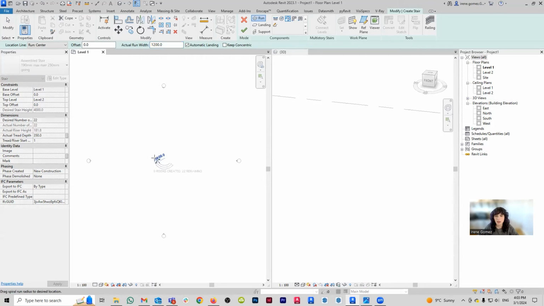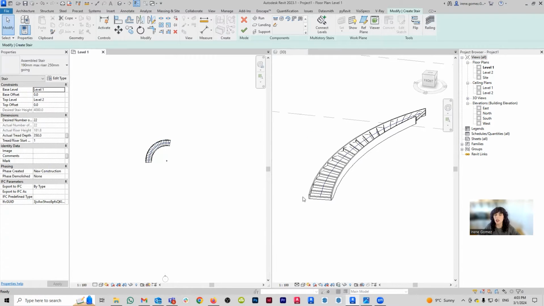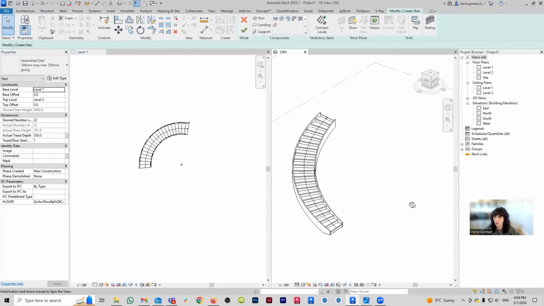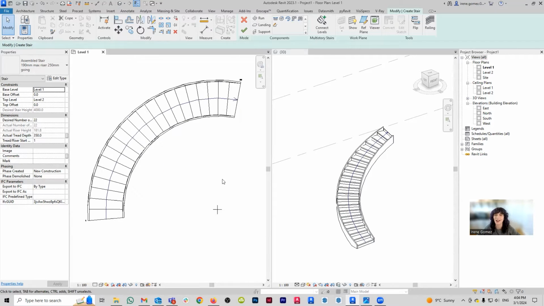So I'm going to go here and go something like that. And then again, I'm just going to go here and flip it. So flipping basically just shifts who is up and who is down in stairs. I absolutely love that tool because my brain has a very hard time understanding directions. So I always make stairs in the wrong direction. So God bless this tool.